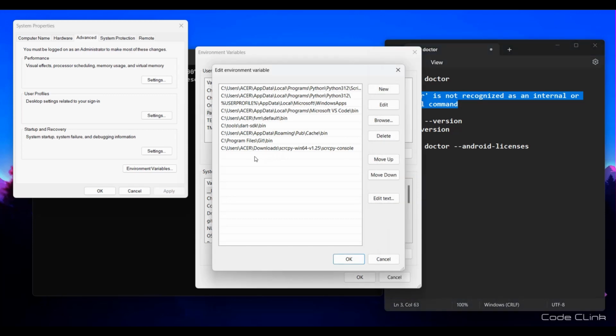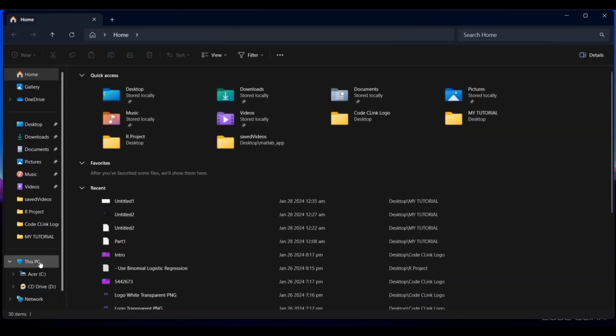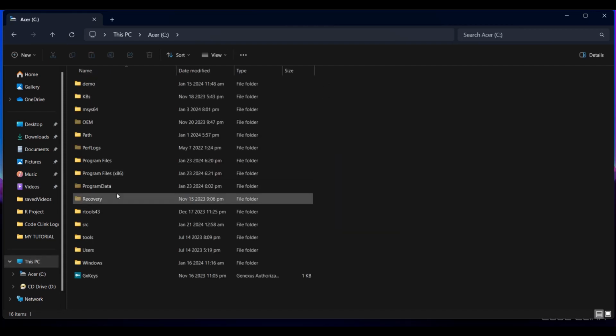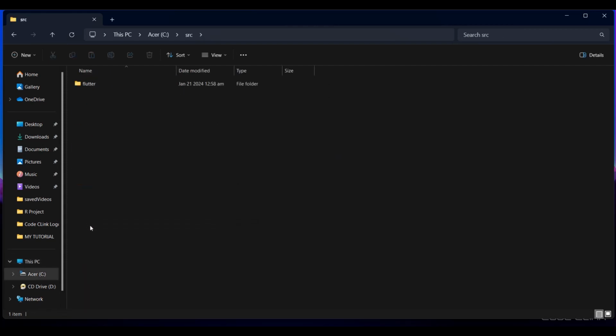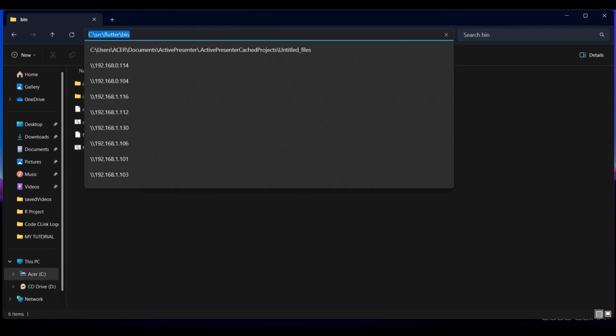After placing the address of your bin folder, it is C:\Users\src\flutter and then the bin folder. So you place it here and you press OK. Let me show you how to do that. So you go to your drive C, you go to this folder, src, your flutter folder, and then the bin folder. You copy this address,